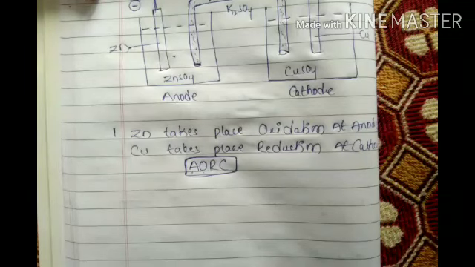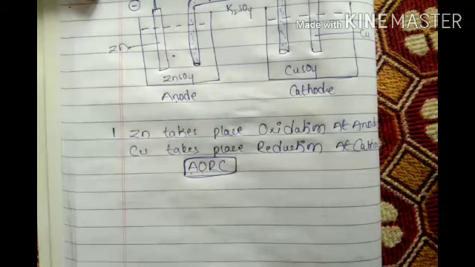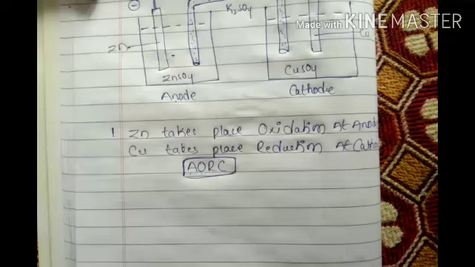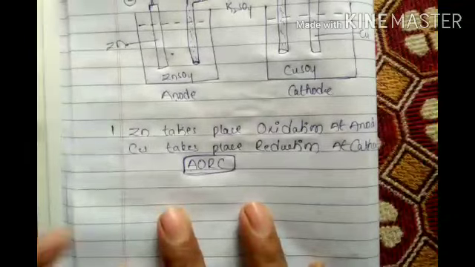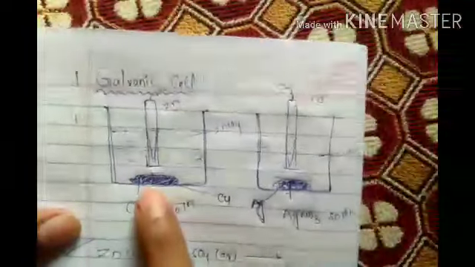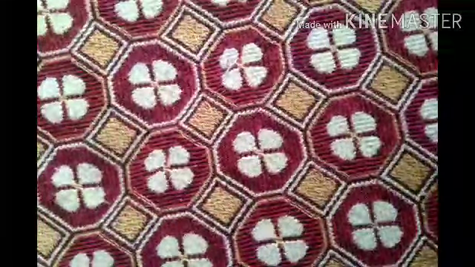I will read the point, then I will explain it. Since electrons are produced at the zinc electrode, this electrode is rich in electrons to push the electrons into the external circuit, hence designated the negative pole side. See here, let us look at yesterday's diagram. Zinc slowly decreases, not this, this one.